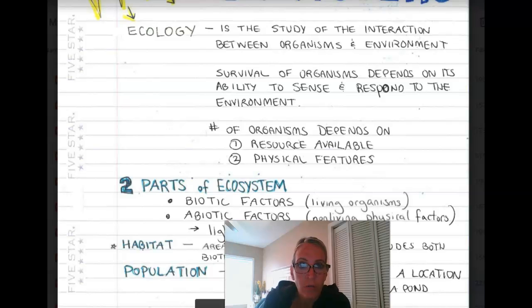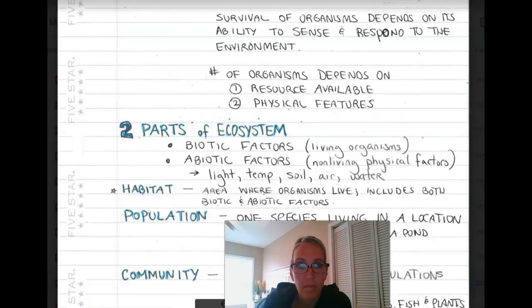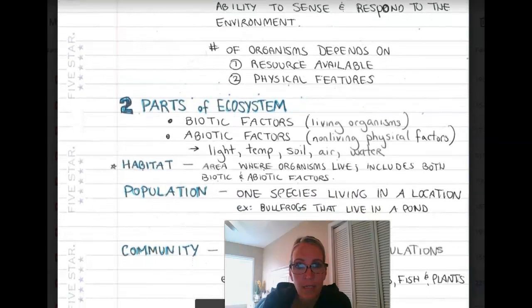There are two parts to the ecosystem. So like I said, the living factors and the non-living factors. And so those two parts, we call the living factors biotic factors. So biotic factors are living organisms, bio meaning life, and abiotic factors are non-living physical factors, a meaning without. So examples of non-living would be light, temperature, soil, air, water. Going back up to the biotic factors, that would be